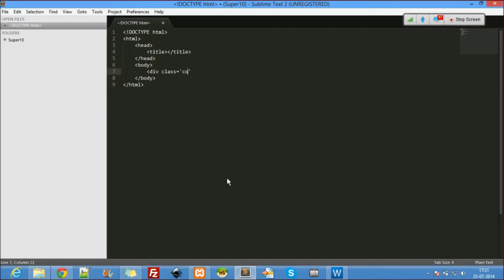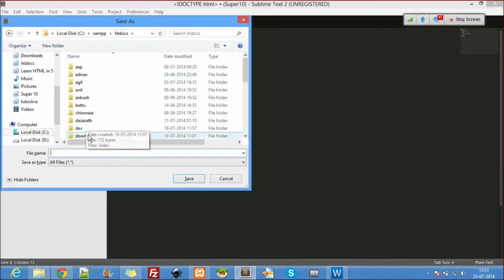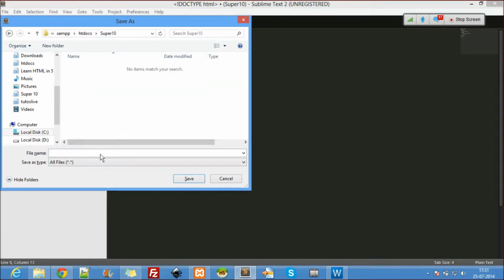You guys remember all these classes? Yeah. So now coming to the PHP part. This is the HTML part, right? So how do I do that with PHP? So where is the Super 10 here? So the Super 10 is here.